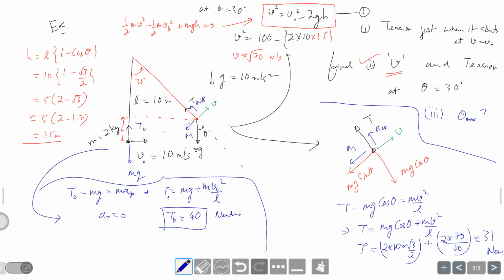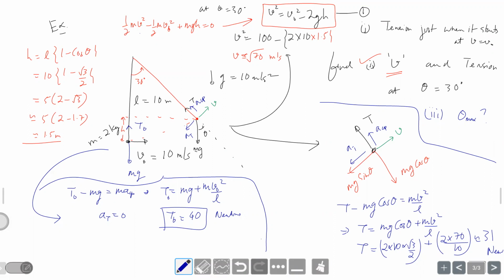It's just about writing one step. To write that word equation, in this equation you put h as L into 1 minus cos theta. You put the condition that V is given. So basically the initial kinetic energy half mV naught square is mgh. From that you know how much h is, and put that h over here. That h is L into 1 minus cos theta. That's it.